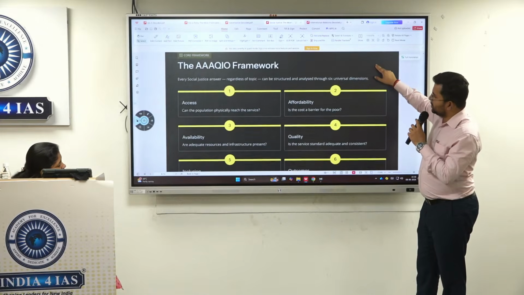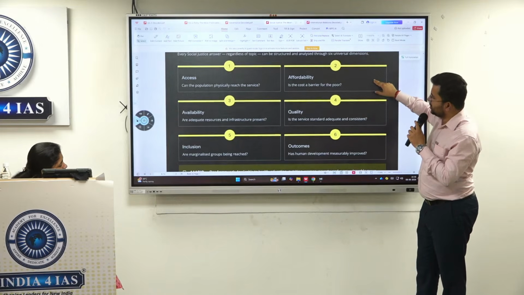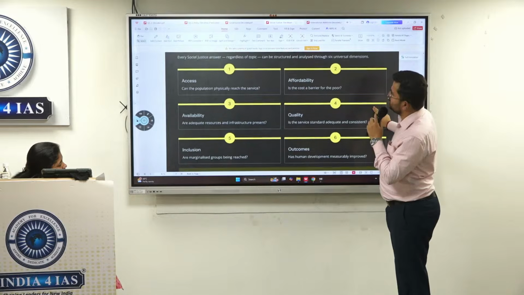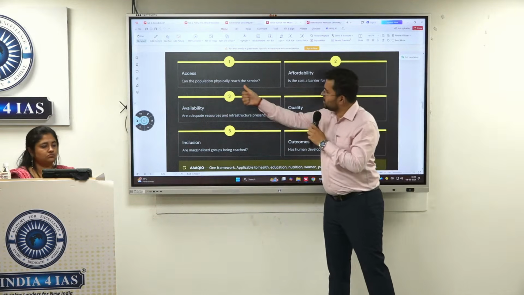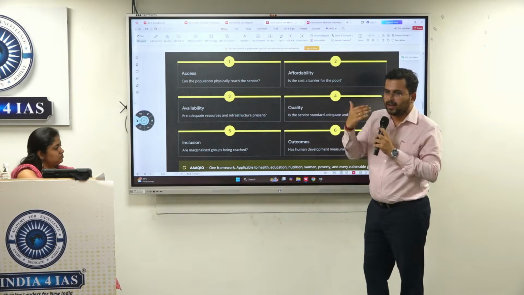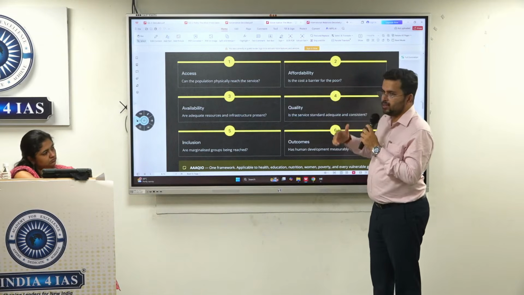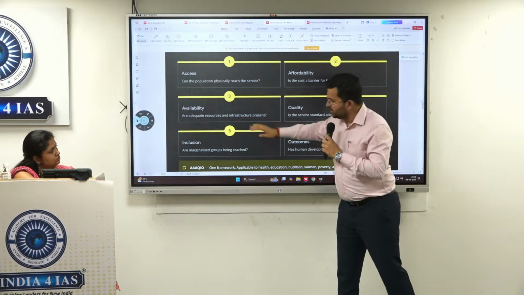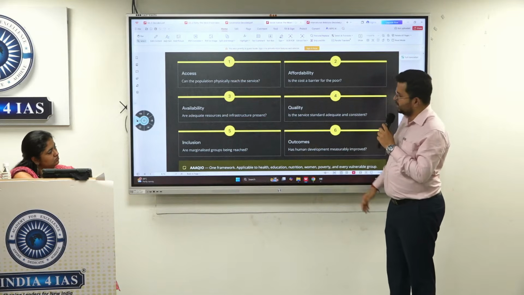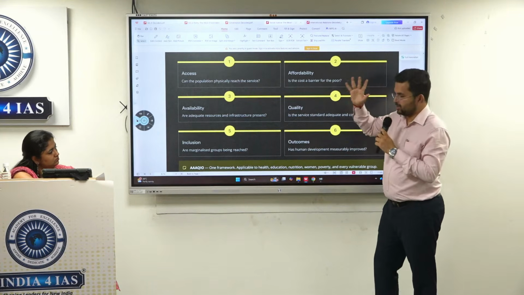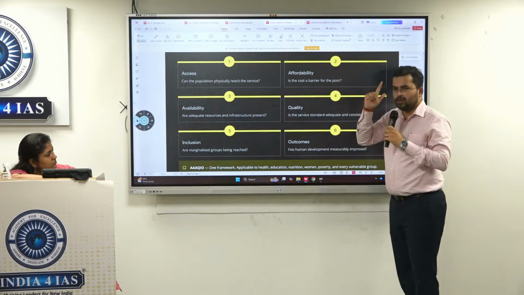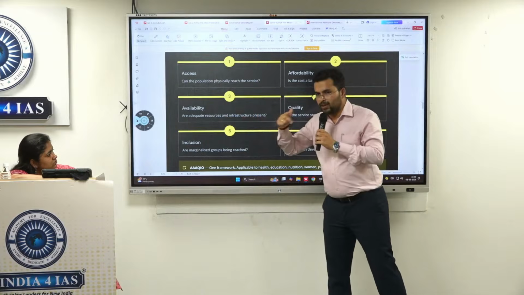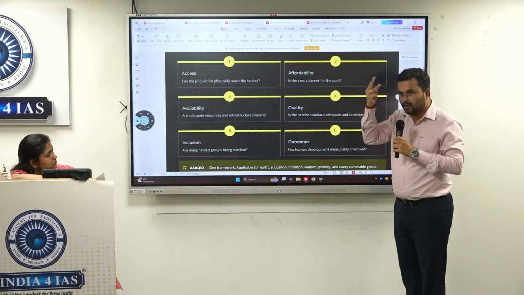The AAA QIU framework, this is for social justice, regardless of whatever question comes on social. Think of access, then affordability, then availability, then quality. For example, let's take the example of education. Access to education, affordability of education, availability of quality of education,